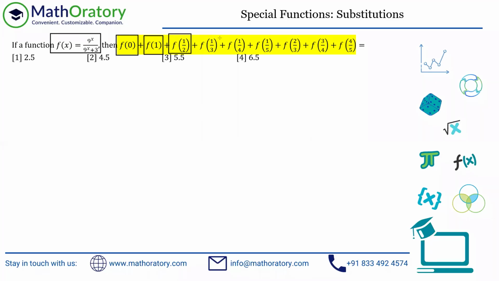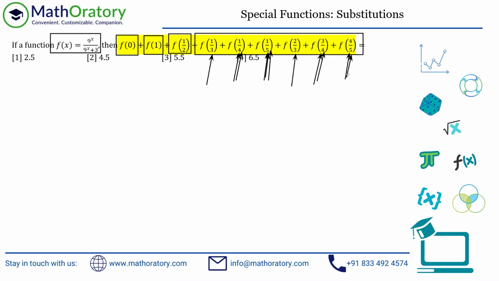But now this part might be looking a bit scary, isn't it? But if you properly look at it, and if you look at certain pairs in this case, you will identify the pairs if you're looking at each of the inputs, otherwise you won't be able to do that. So look at this 1 by 3 and this 2 by 3. So this 1 by 3 and 2 by 3 are adding up to 1, right? Similarly, this 1 by 4 and this 3 by 4, these two are also adding up to 1. Similarly, this 1 by 5 and this 4 by 5, this is also adding up to 1, right?